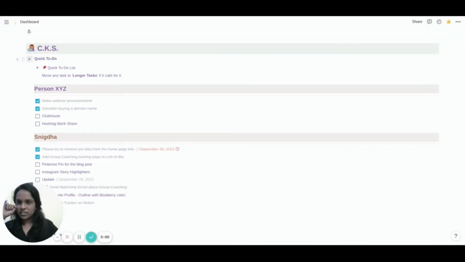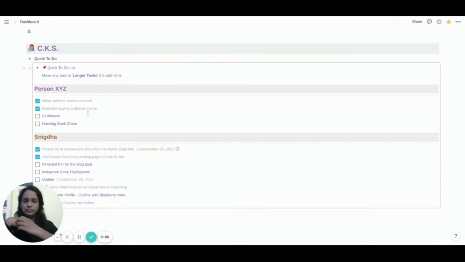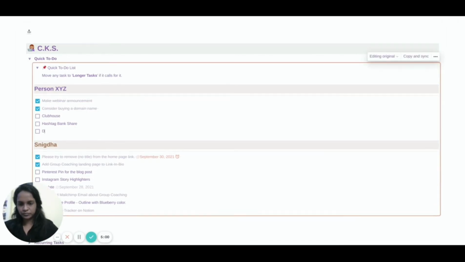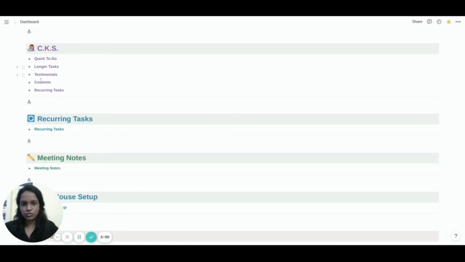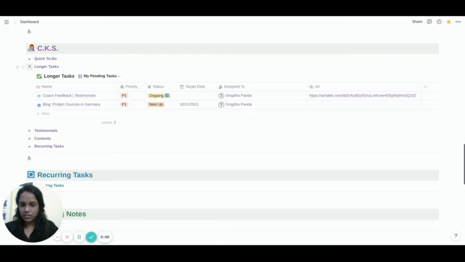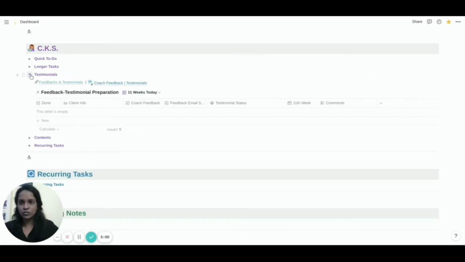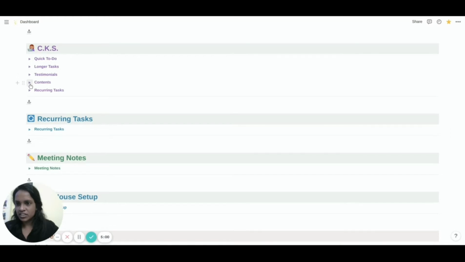So inside this, I pasted a synced block to capture quick to-dos over here. So under each person, we can add a quick to-do, and I created some more linked databases to other tables in the respective toggle blocks below. Here I have a view that filters the tasks that are assigned just to me. This is a table to manage our feedback loops with the clients, and that's the content calendar under that.